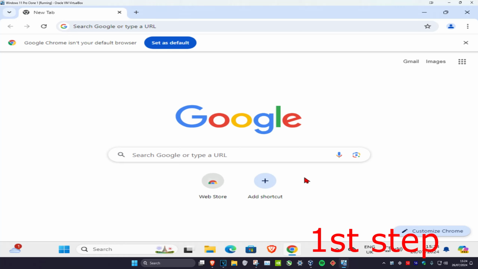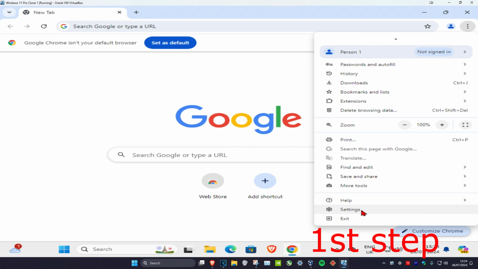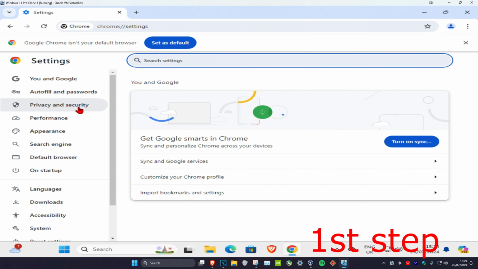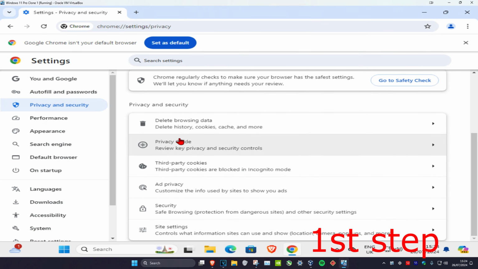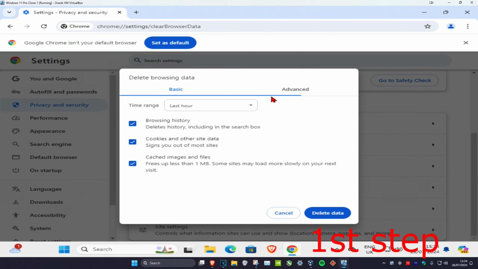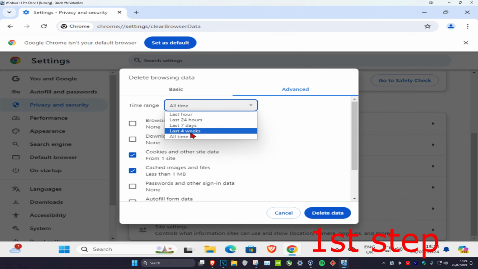So guys, for the first step, once you're on Google Chrome, you want to click on the three dots in the top right, and then you want to scroll down and then click on settings. And now you want to click on privacy and security, and now you want to click on delete browsing data. You want to make sure that you're on the advanced tab, and then set the time range to all time,